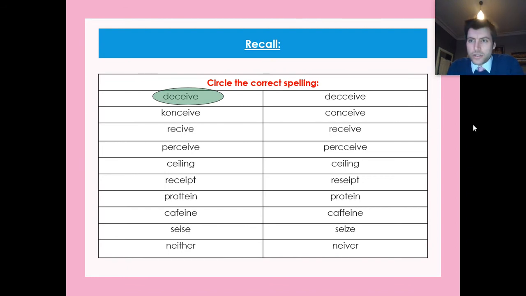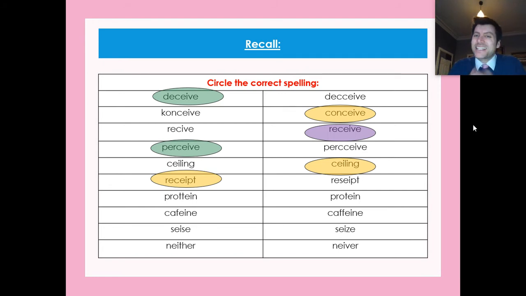Deceive is the single C. Okay, deceive is a single C. Conceive is a C at the beginning of it, not a K. Receive, as a single, has an E before the I. That was the pattern we looked at last week. Perceive has a single C. Ceiling is spelt correctly both times. I'm sorry about that, but it's the one on the right I've circled. You could circle either. Receipt is the C before the EI, not an S, although sometimes it's a confusing sound,